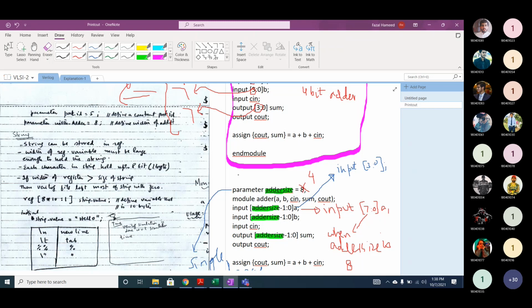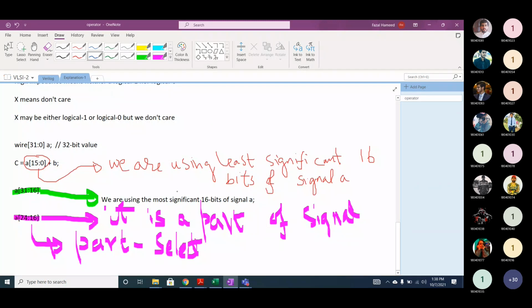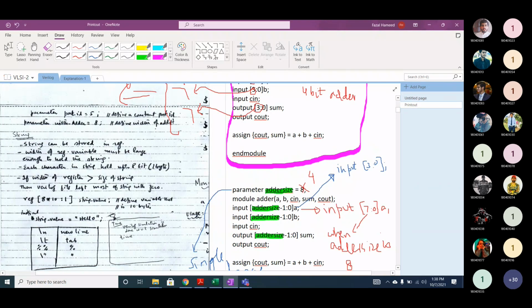And with the help of this parameter keyword, we only require a single change. Let's assume you define a constant, and that constant is defined in the code 100 times. How many changes do you require? Using parameter, only one change. And in the absence of parameterization, 100 changes. So that's the advantage of parameterization.